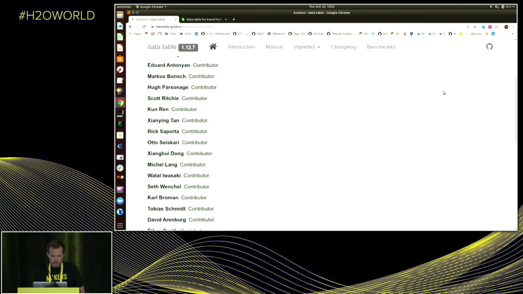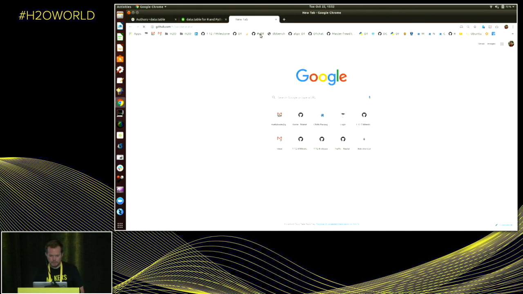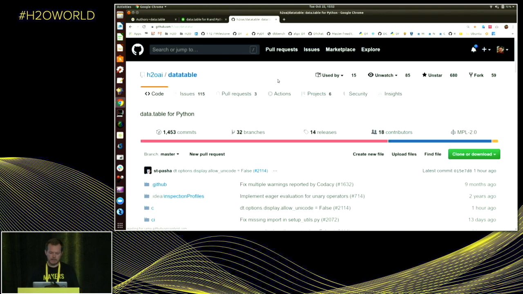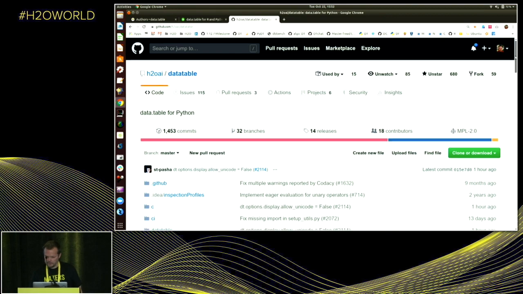So if we go to the Py.datatable project, if you search for Py.datatable, you find the H2O.ai project on GitHub. So that's open source too. And if you scroll down,